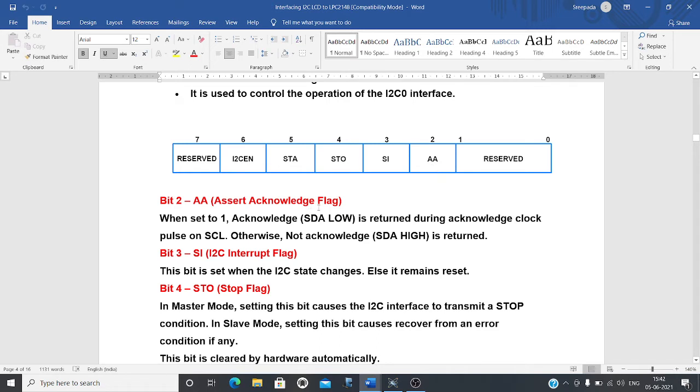After the data transfer of each byte, you need to send an acknowledgement pulse, and this is the way you send it. If this bit is set to 1, an acknowledge is issued from master to slave, returned during the acknowledgement clock pulse on SCL. Otherwise, not acknowledge is returned.